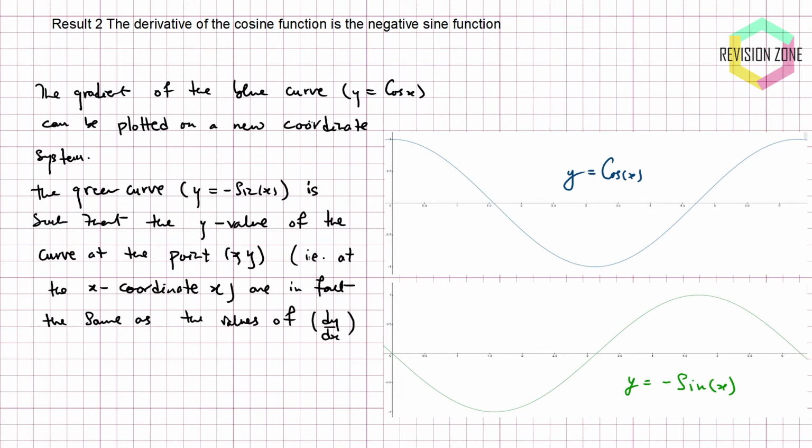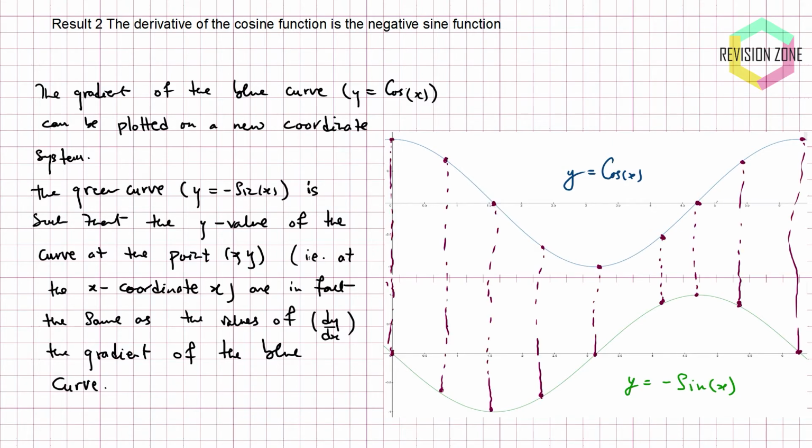In other words, the values of the gradient of the blue curve. So this at least goes to show visually that the derivative of the cosine function is actually the negative sine